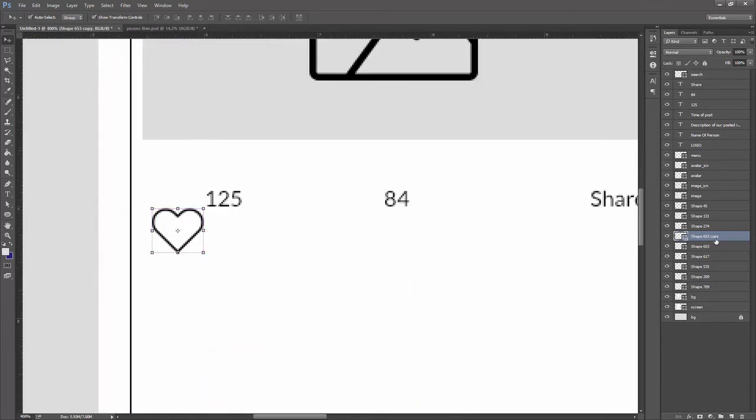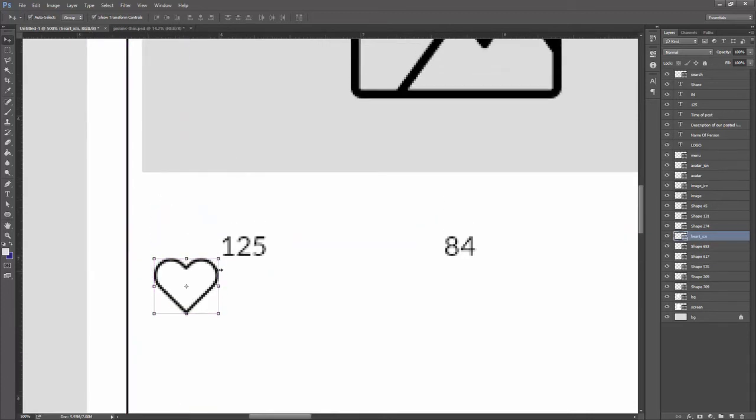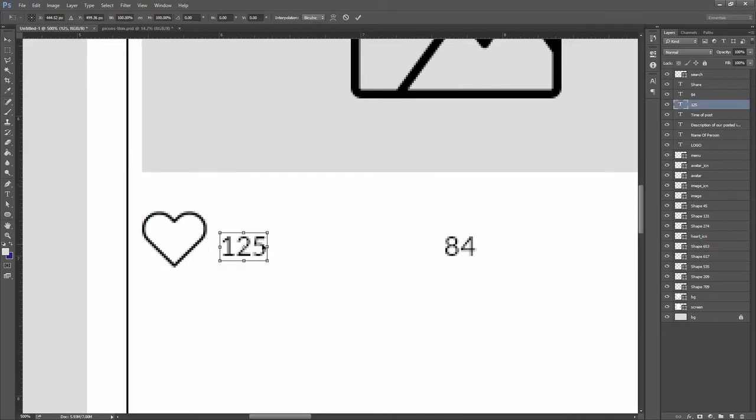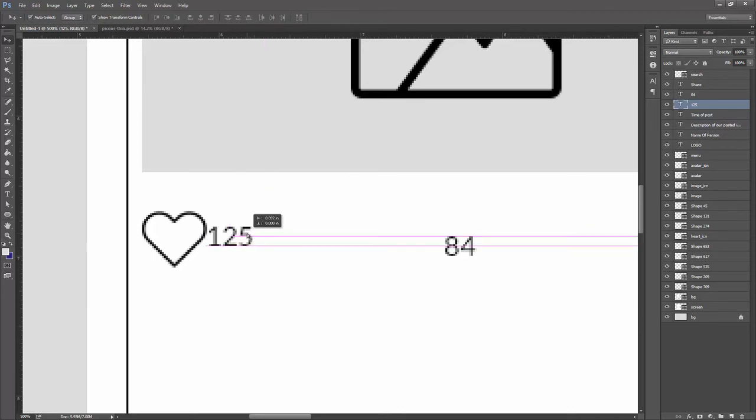This is going to be heart icon, so ICN. I really like to name my icons, because I truly believe that once you send this file to your developer, they are going to hate you with a passion if you don't send the files with the proper names, because later on when they start developing your app or whatever, they're going to have a very difficult time renaming all of your layers. So like this,